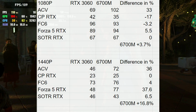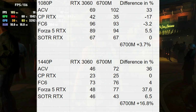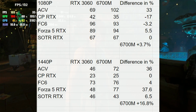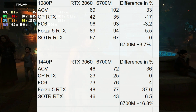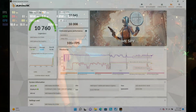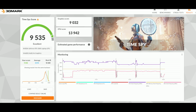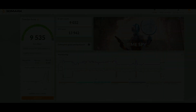Across the board, looking at the highest setting level tested, meaning with ray tracing if applicable, the 6700M was 3.7% better at 1080p and 16.8% better at 1440p. Looking at 3DMark, if that carries any weight with you, the 6700M scored a 10845 and the 3060 scored 9032. I will be getting a laptop with a 3070 Ti to also compare to the 6700M,